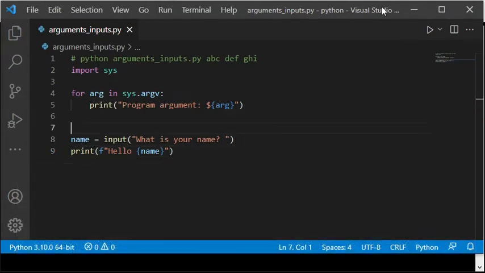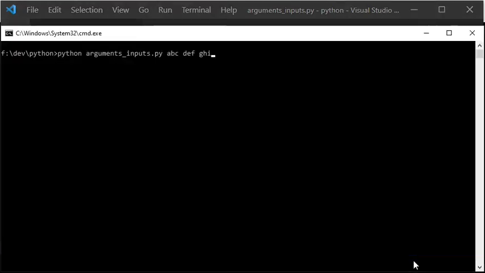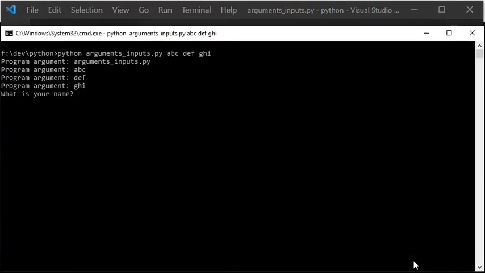Regarding the string created in the for loop, I forgot to add the f prefix and to delete the $ sign in front of the curly brackets, so I will correct that now. When I execute the program with 3 program arguments, you can see that the first list element at index 0 is equal to the name of the Python file. The actual program arguments, excluding the file name, thus begin at index 1 in the list.